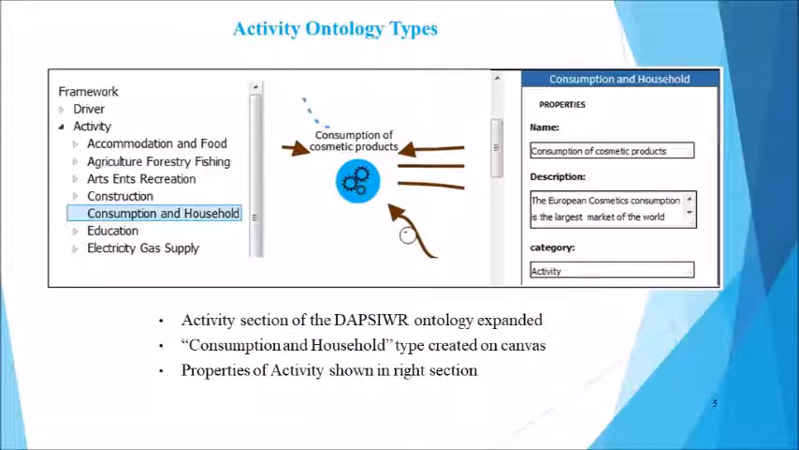Here we have an example of a user creating an activity type on the canvas. So the user has expanded the branch for activity in the left hand section in the ontology, and they have chosen the element consumption and household. So they have dragged and dropped that element on the canvas and then clicked on the element in the canvas